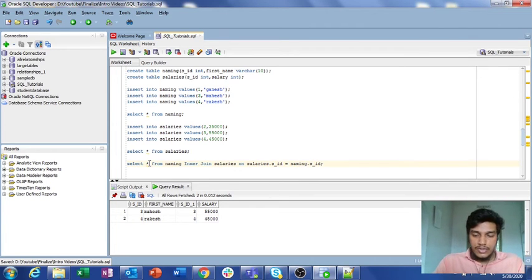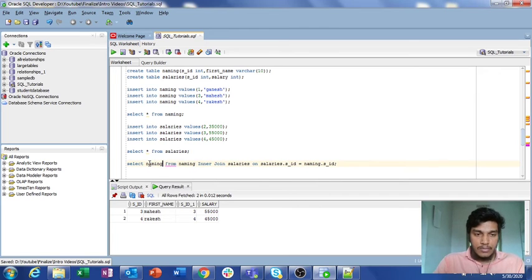You can also retrieve particular columns here. Suppose you want to retrieve only SID, first name and salary. If you want to identify a particular column in one table, you can use the table name as a reference.